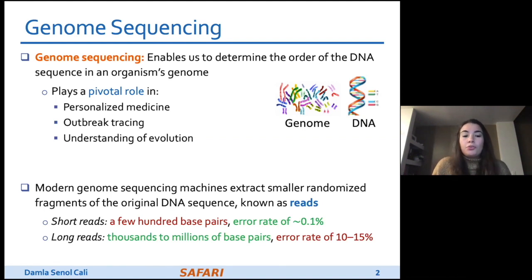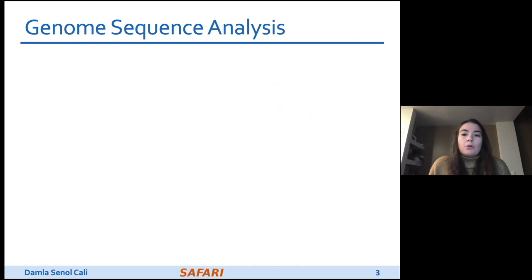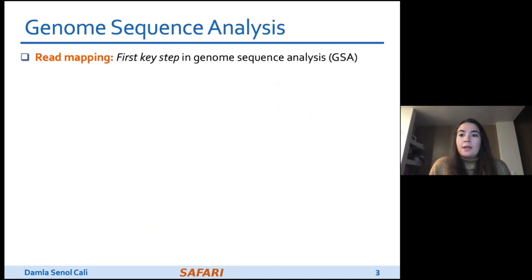And for short reads, we observe a very low error rate, which is around 0.1% of the length of the reads. And for long reads, which we can see thousands to millions of base pairs in each read, the error rate is relatively much higher compared to the short reads, and we observe 10 to 15% of the read length for the error rate. So read mapping is the first key step in genome sequence analysis, which we will go deeper into,